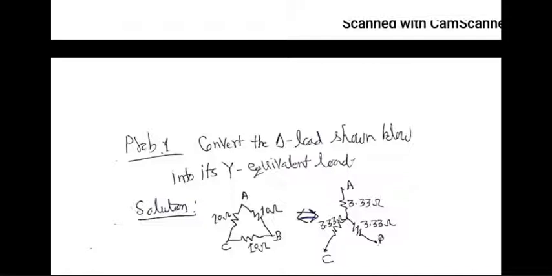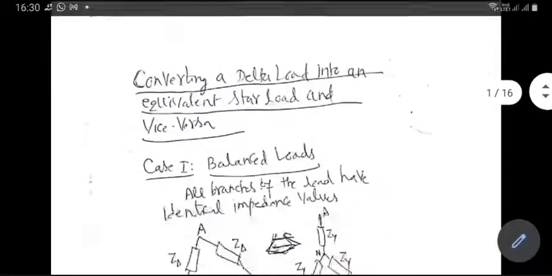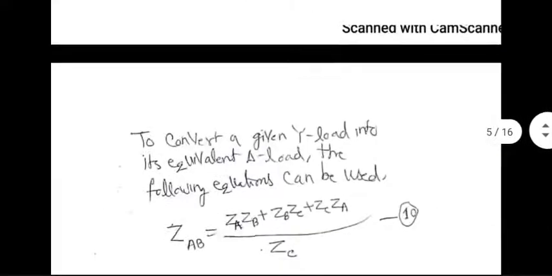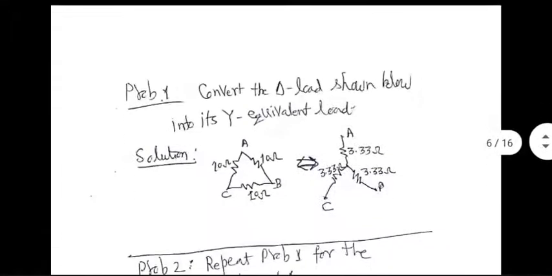So ZY is Z delta by 3. We have proven it right in the beginning. Yeah, ZY is Z delta by 3. So I'm using that in problem 1. Right here, ZY is simply 10 divided by 3. Oh, simple answer. It's a balanced load and purely resistive anyway. Make sure you don't make a mistake of giving me 30 ohm answer on the right hand side. But where 3 goes has to be done carefully.